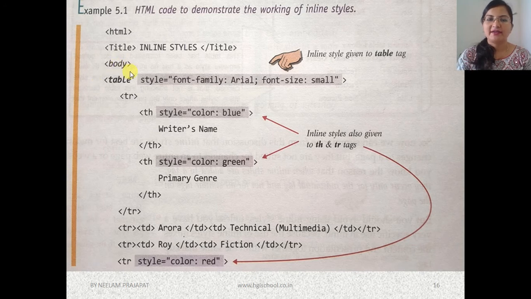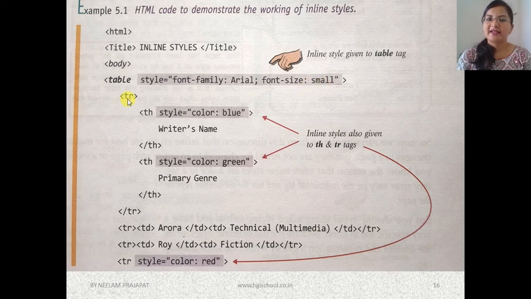Then the body tag. Here there is a table tag, and they have applied a style. What is the style? Font family Arial. That means the whole table will have the Arial font. And you can see here there is no equal to now. There was a mistake in the textbook, so you have to correct that. So font family, then colon, then Arial, then the terminating symbol, that means semicolon, then font hyphen size. Here we can change the size by numbers, or we can put small also. So font hyphen size, then colon, small we will write.